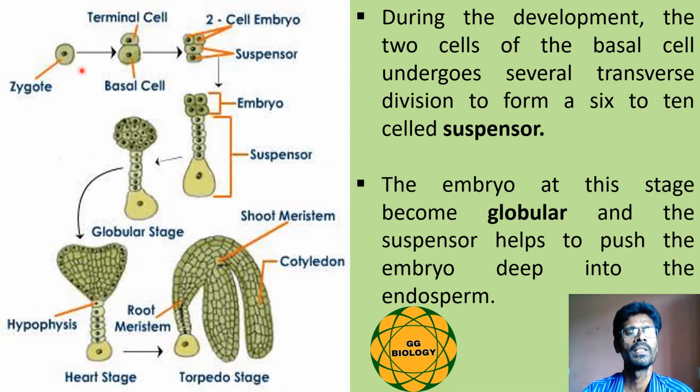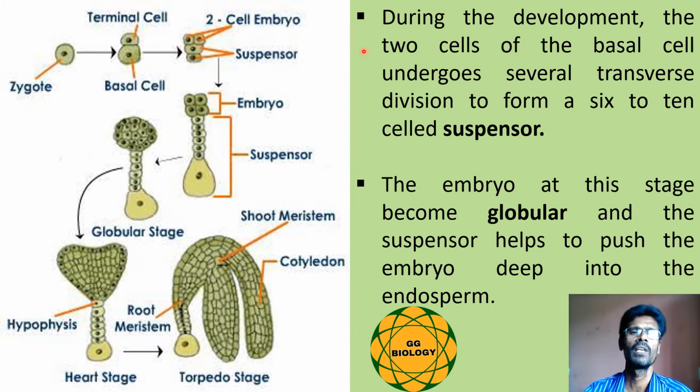This is the zygote. The zygote initially divides into 2 cells, an upper cell called the terminal cell and a lower cell called the basal cell. The basal cell transversely divides to produce 2 cells, whereas the terminal cell divides vertically to produce 2 more cells. Later these cells convert into the 4-cell quadrant stage, then the 8-cell octant stage, and then into 16 cells. Among the 16 cells, 8 are arranged in the outer layer and 8 in the inner.